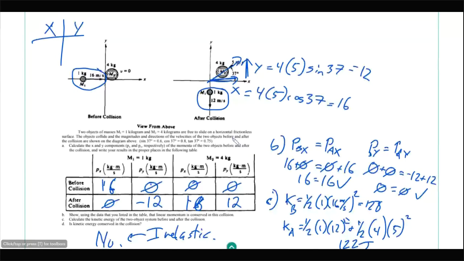Why does momentum show up so often? Momentum is a great one that lets us tie different concepts together. So with momentum, we could do an energy question, like we brought in energy here. You can talk about velocities afterwards and bring in kinematics. You can talk a little bit about forces and impulse and stuff like that and bring in forces. So momentum is one of those kind of shell scenarios that brings in a lot of other topics. So that's why you'll see this with momentum.